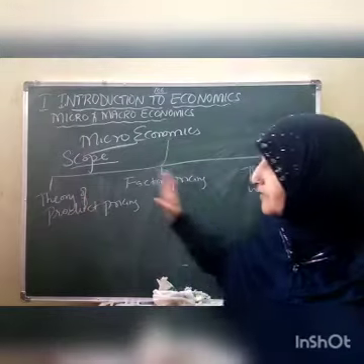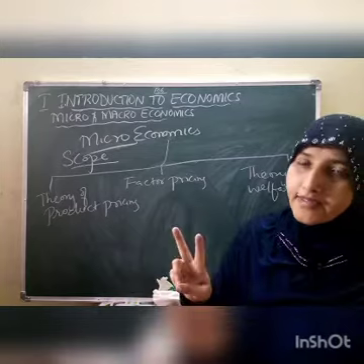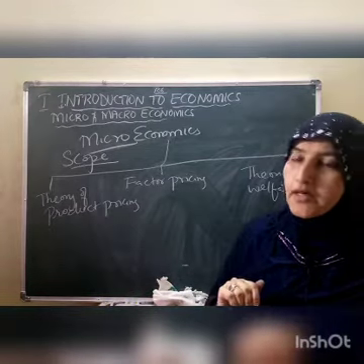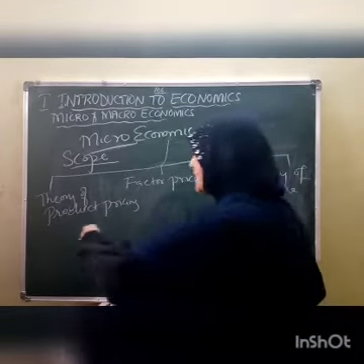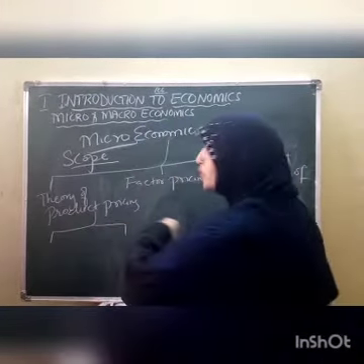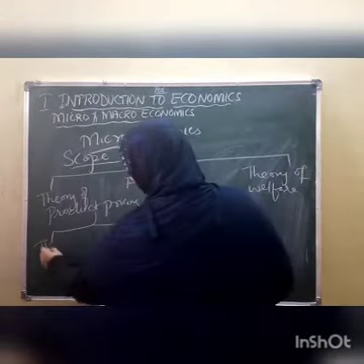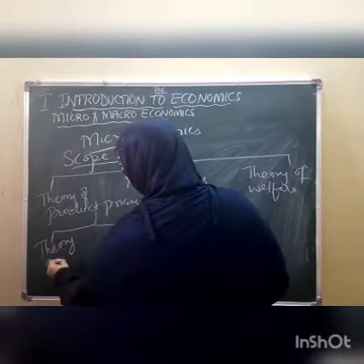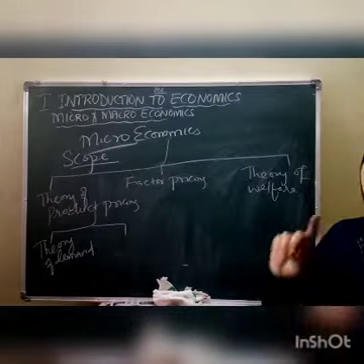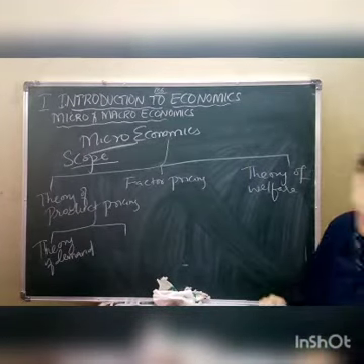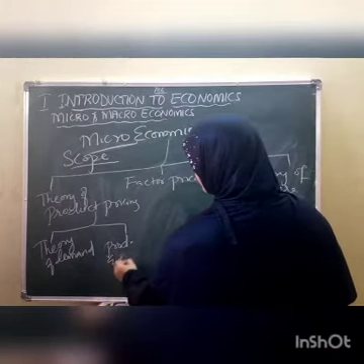Okay, children, these are our complete first year textbooks in microeconomics only. The second year textbook is related to macroeconomics. So in microeconomics, the theory of product pricing again gets divided into two. What are the two, children? First is the theory of demand, based on the demand. And then the theory of production and cost.